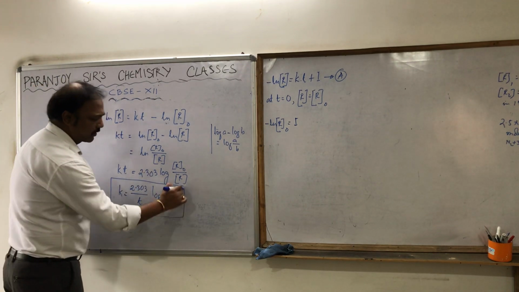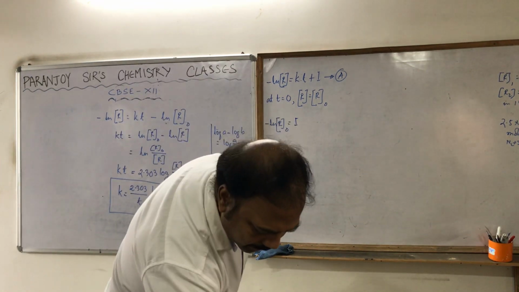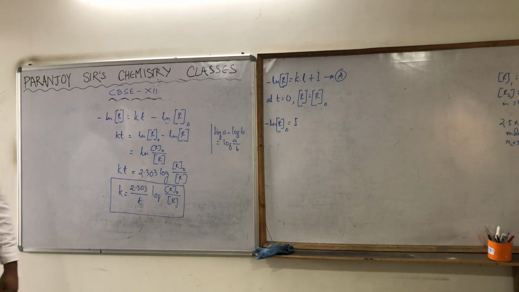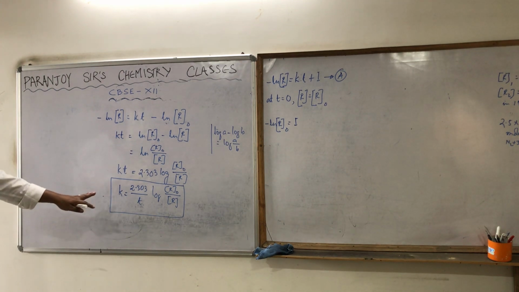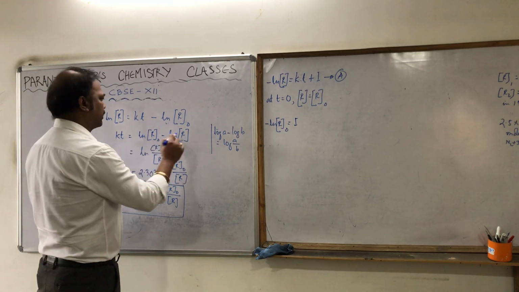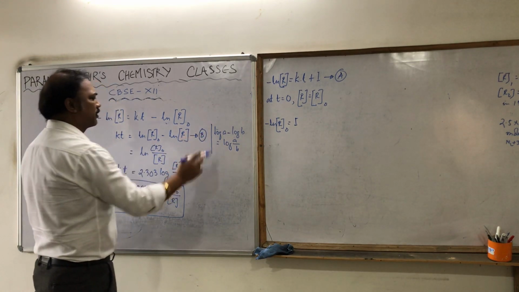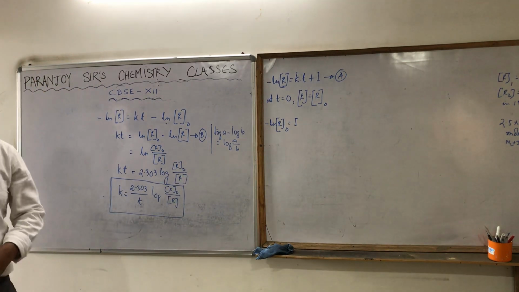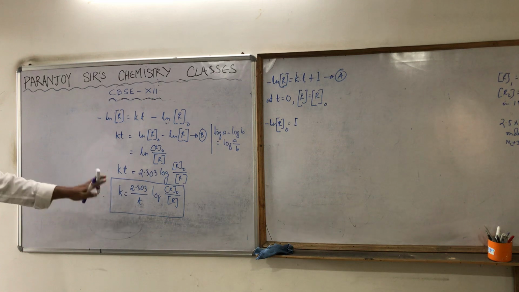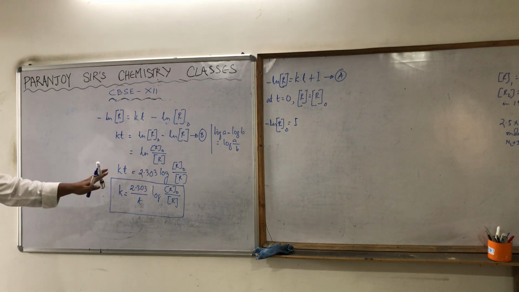Is it the expression for k? That's the expression for k. That's the expression for k for the first order reaction. Now this equation you give another number, that is number b, because from this equation we will get the graphical representation of it. So this is the first thing. What we did is that for the first order reaction we found out the expression for k.